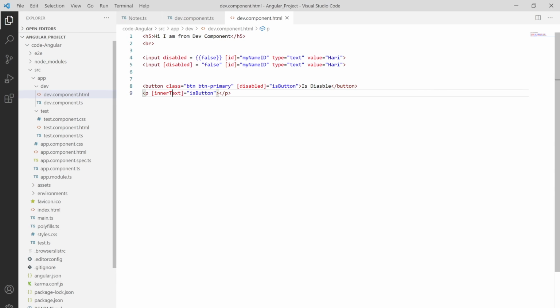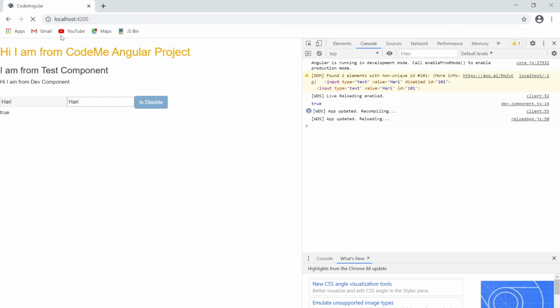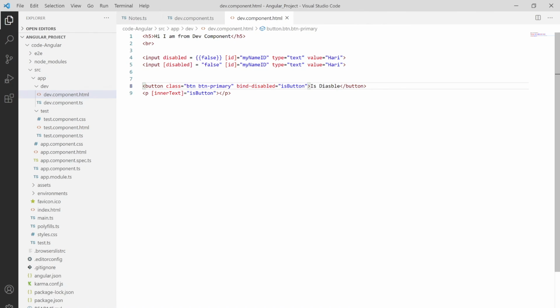As you can see over here I'm using disabled as a property binding. So let me erase this and move to the keyword bind- then save it out, and you can see it's still working. Let it load. See over here, now it's enabled, so let it go to disabled. So true over here, see, that will work. So here is one more syntax of property binding.